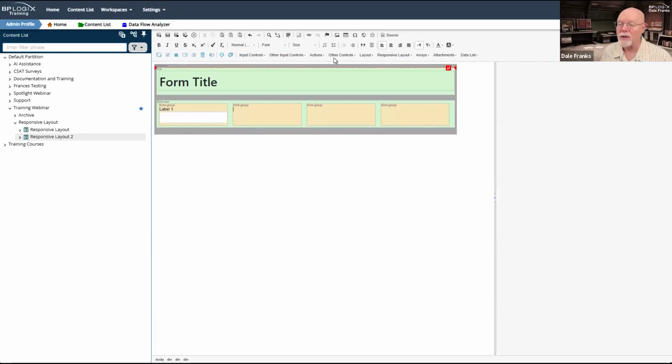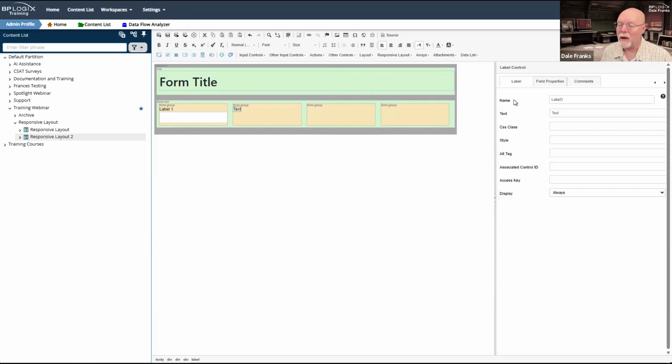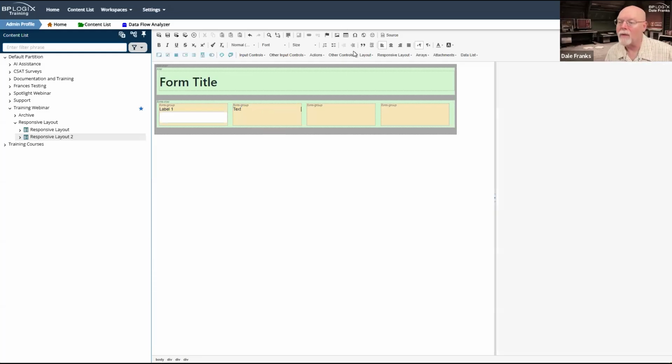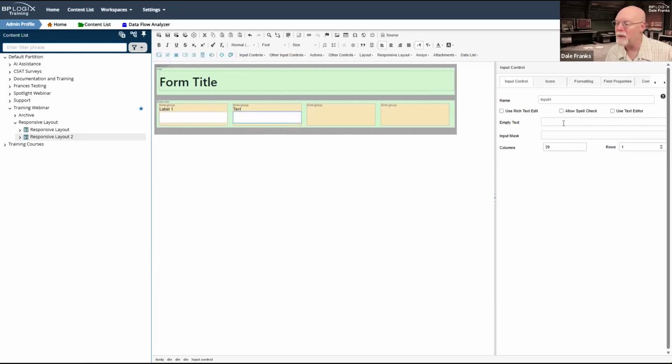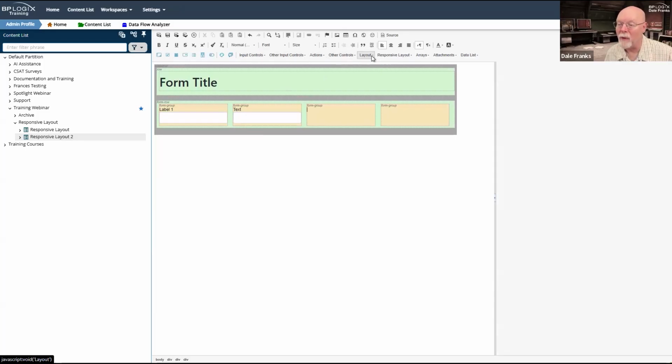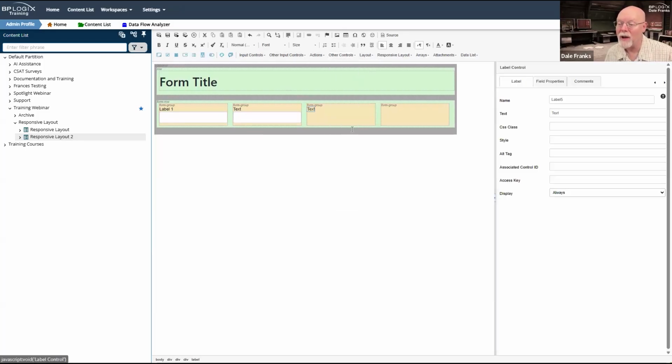And then all I have to do is just go ahead and repeat that. So we'll just add another label control, and we will have this associated with input 2. And then I will go right over here, add another input control, which I will name input 2. And we'll just do it. Well, since I put 4 controls on here, I guess we'll do it 2 more times. That'll be input 3.